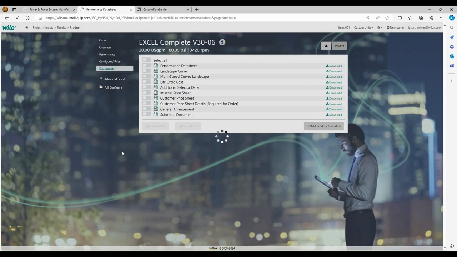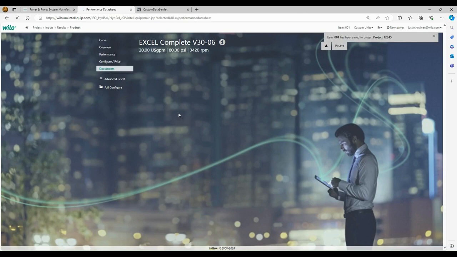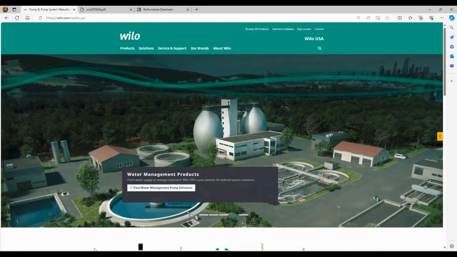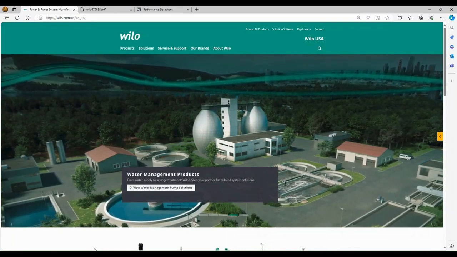It's thinking. Usually it takes a few seconds. So that is saved as projects. Now that we're done with our selection and reviewing the selection software, we're going to go back